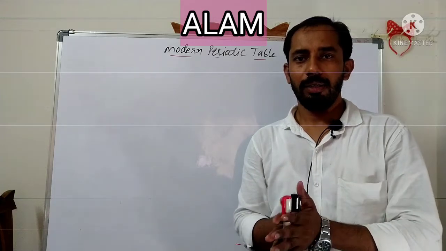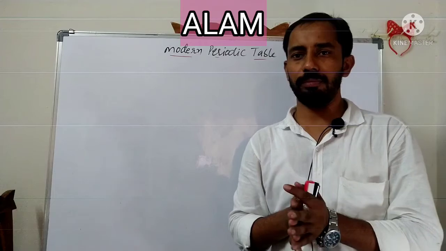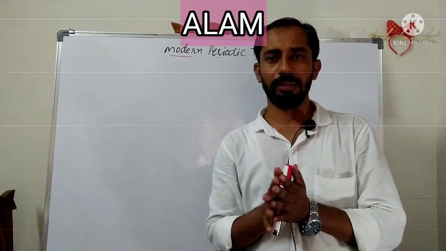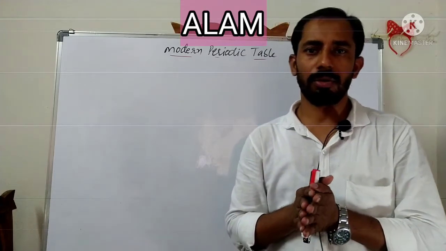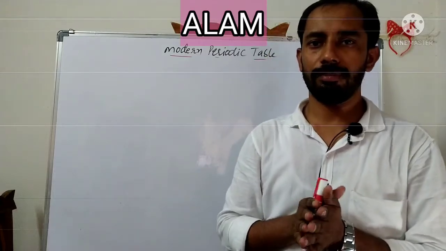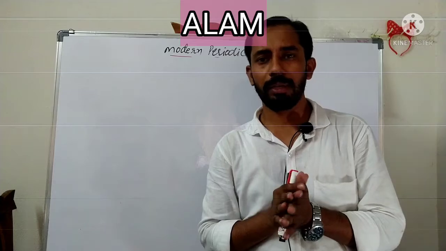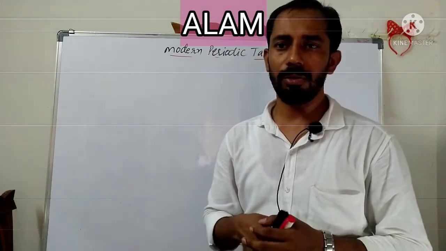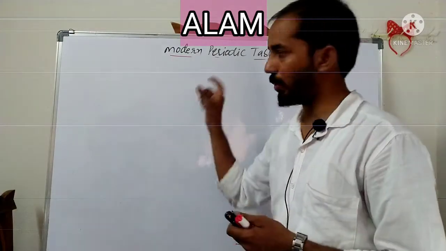Today we are going to discuss the modern periodic table. First of all, why have these elements been classified? When a lot of things are involved, we need a proper classification. To remember the properties in a better and simpler way, our great scientists classified all the available elements into horizontal rows and vertical columns.